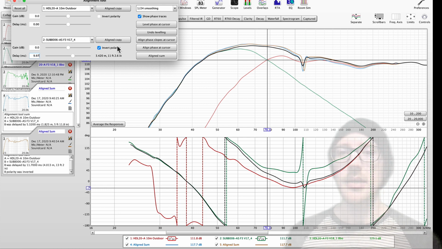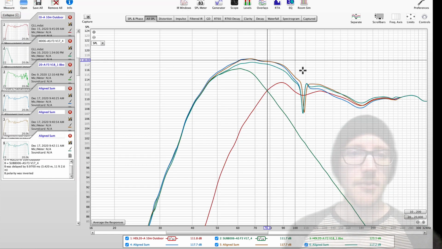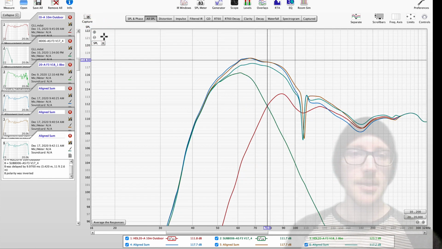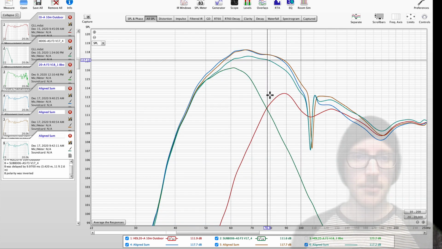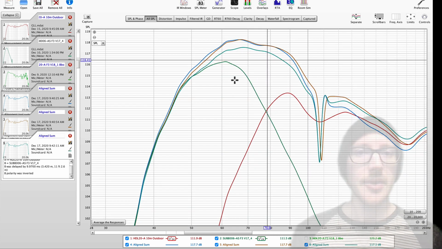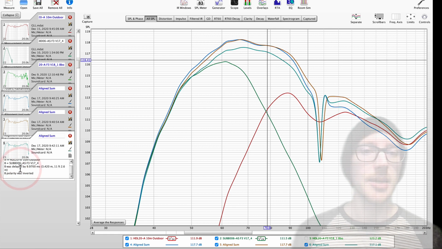And I can also click Align Sum on that one. And then when I close this, I'll have all of these results left over. And if I want to get really picky, I can zoom way in. And now I can decide which one I like the best. And then I can look at those settings, and then I'll have my pre-alignment values for setting up the show